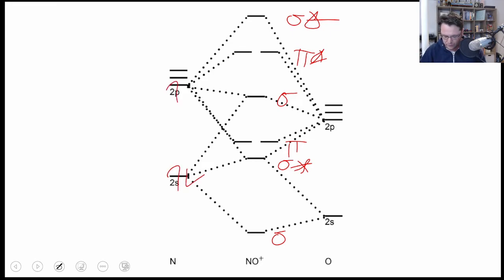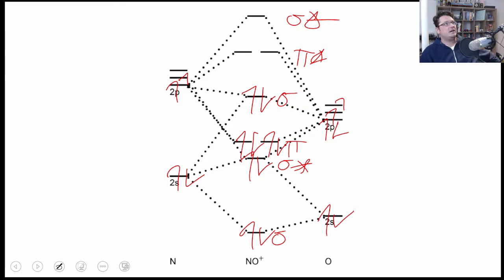So 1, 2, 3, 4. On the oxygen, we have 6. 1, 2, 3, 4, 5, 6. In that case, there's 10 electrons in total. So we have 1, 2, 3, 4, 5, 6, 7, 8, 9, 10. Right, so there's 10 electrons here. Now, right, there's no unpaired electron in the pi antibonding orbital. It simply ends in the sigma bonding orbital in this case right here,